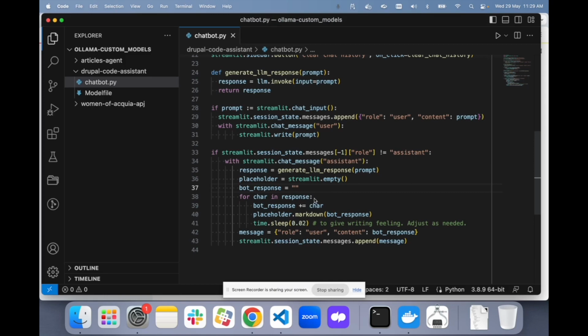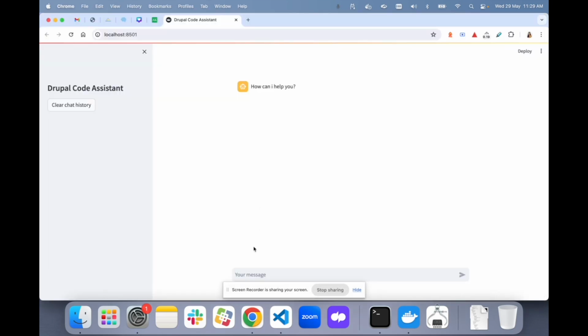Now we will understand this piece of code later, but let's see if it is working. Can you explain the meaning and usage of routing.yml file?